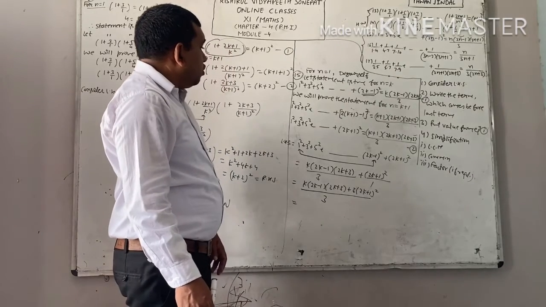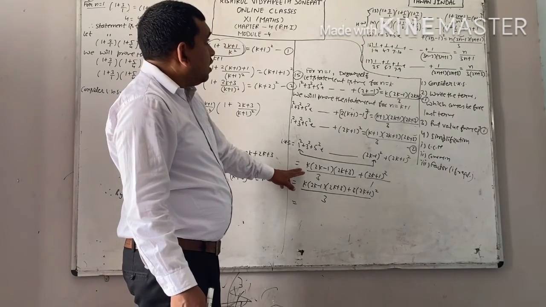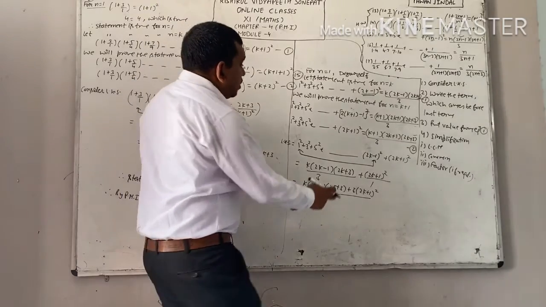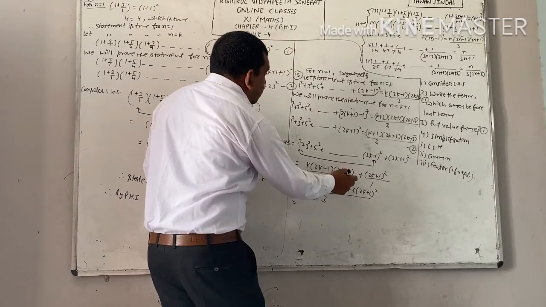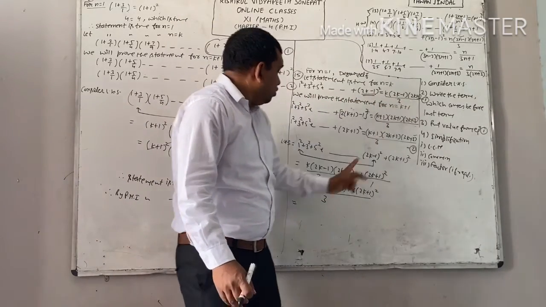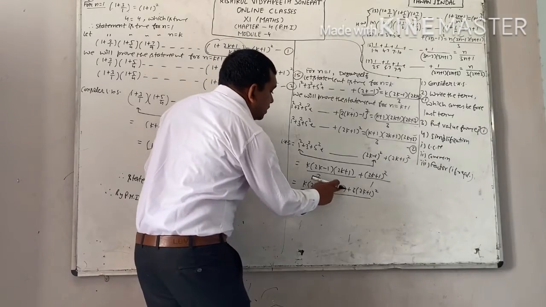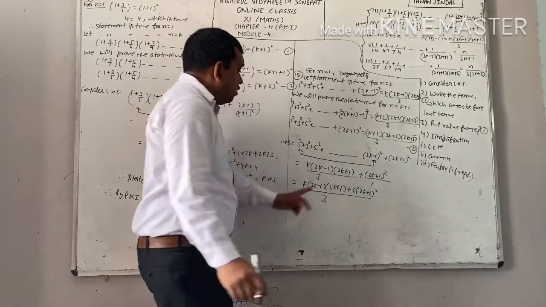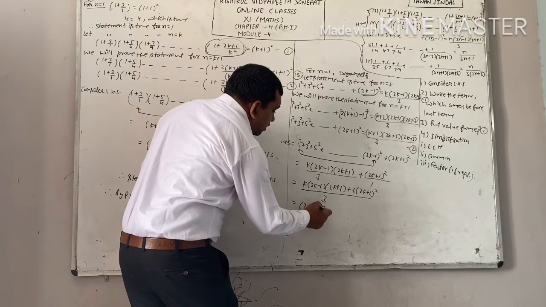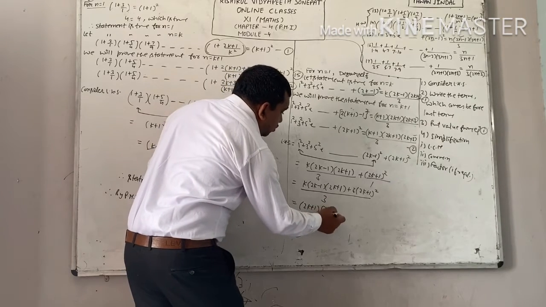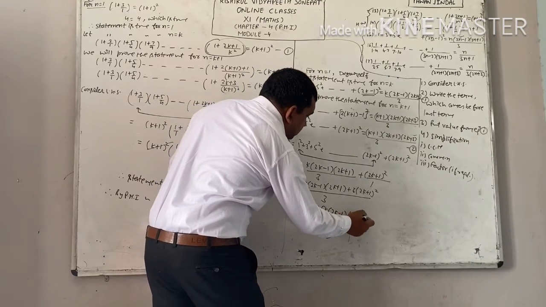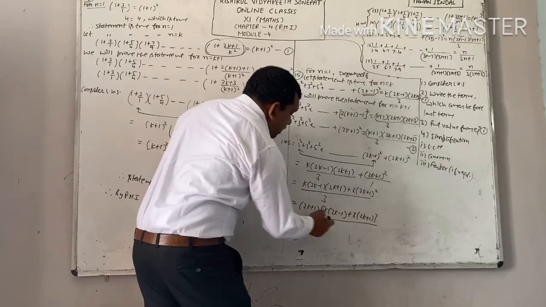Now I think we have committed one mistake. That is your 2k plus 1, because the value from equation 1 is k into 2k minus 1 into 2k plus 1. Right? Now, take common. 2k plus 1 is common. What is that? K into 2k minus 1 plus 3 into 2k plus 1.